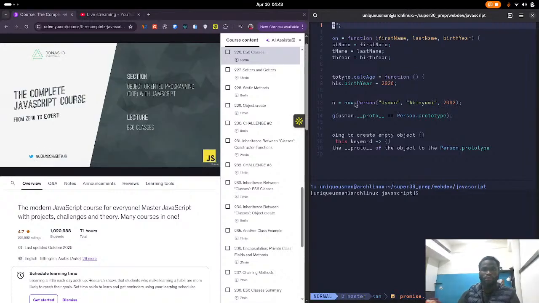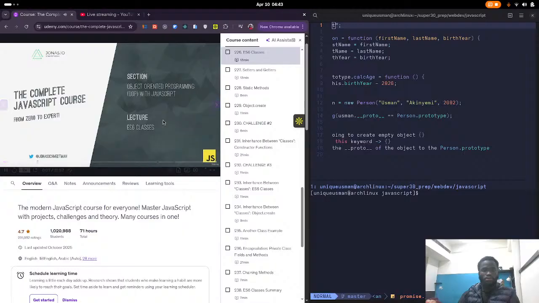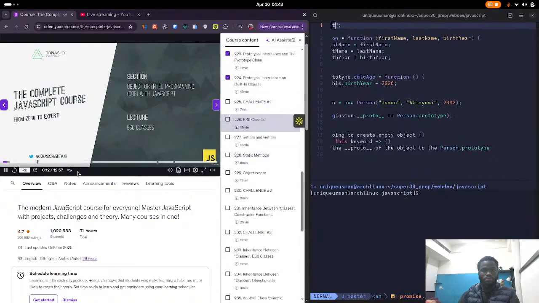So we learned how to implement this with constructor functions. It's time to finally put everything that we learned on constructor functions and the prototype property into practice. So in this section, I want to turn our constructor function into a class, which will essentially allow us to do the exact same thing. For this purpose,